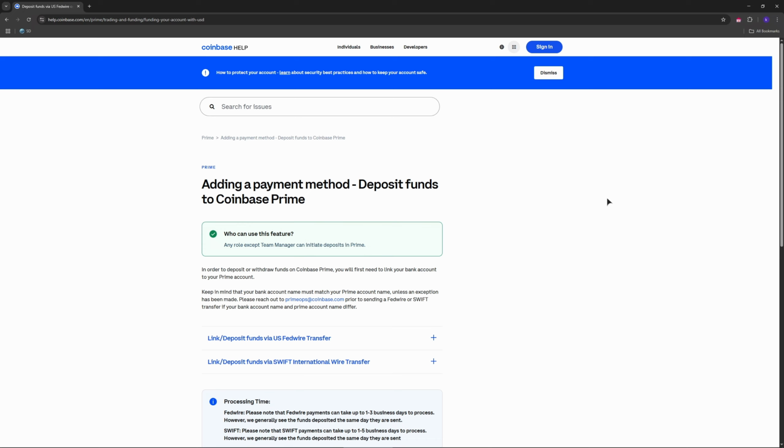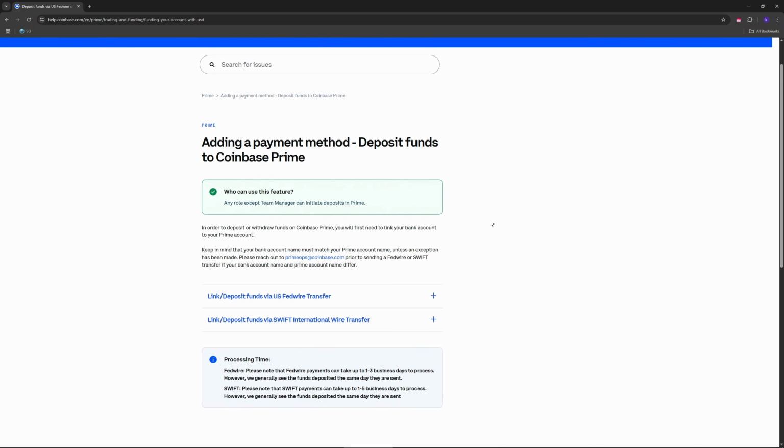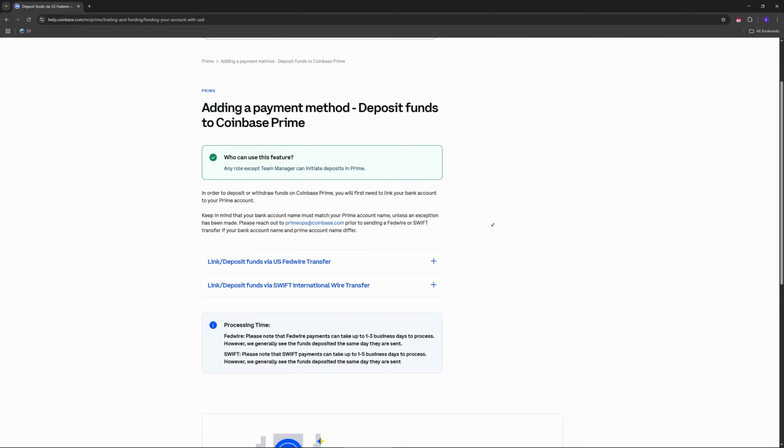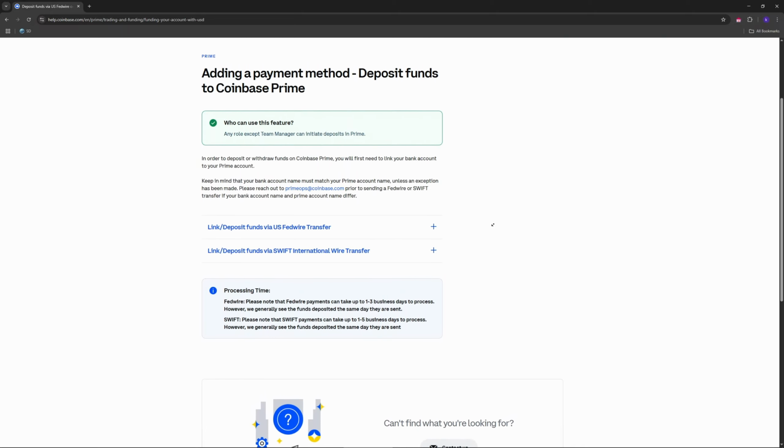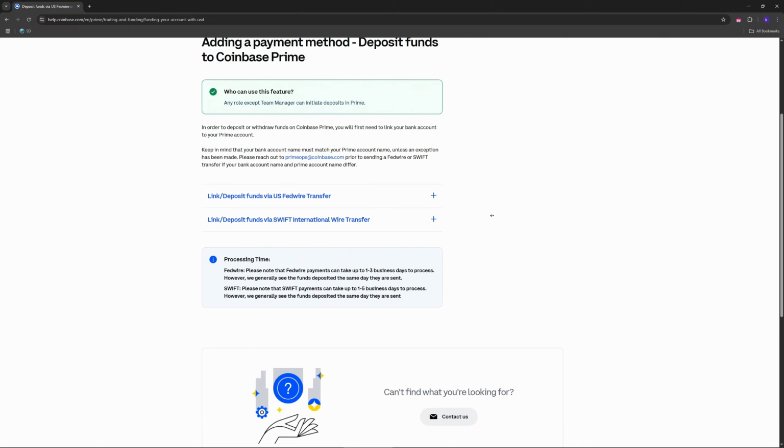After that, log in to your online banking platform, whichever you're using. Start a wire transfer transaction. Enter the details provided by Coinbase. These will include bank name, routing number, account number, beneficiary name, Coinbase Incorporated,